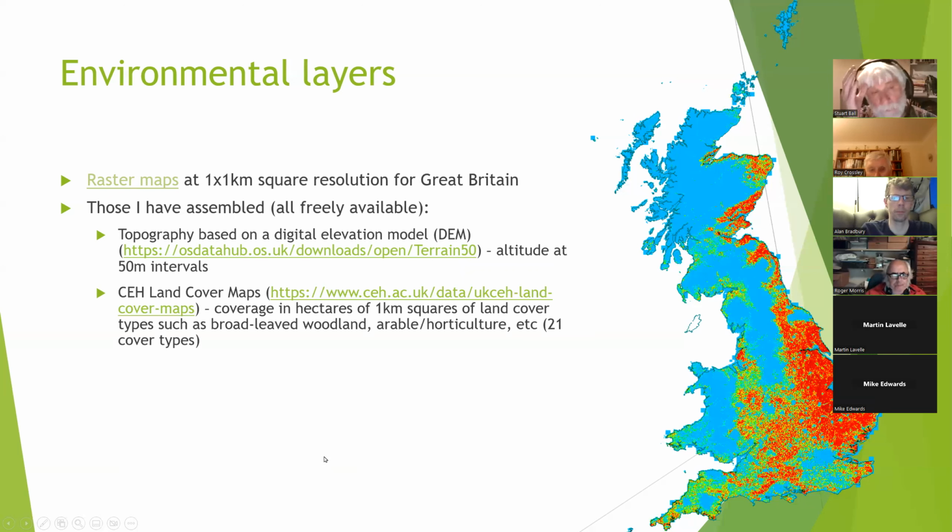Similarly, this is the CEH, Centre for Ecology and Hydrology, land cover maps. Again, freely available. You can download them from CEH's website. And in this case, each dot, each 1 kilometre square, represents the area of that 1 kilometre square in hectares that's covered by one of 21 land cover types. And this one is arable and horticulture. So you can see that east of England and to some extent the east of Scotland is where most of the